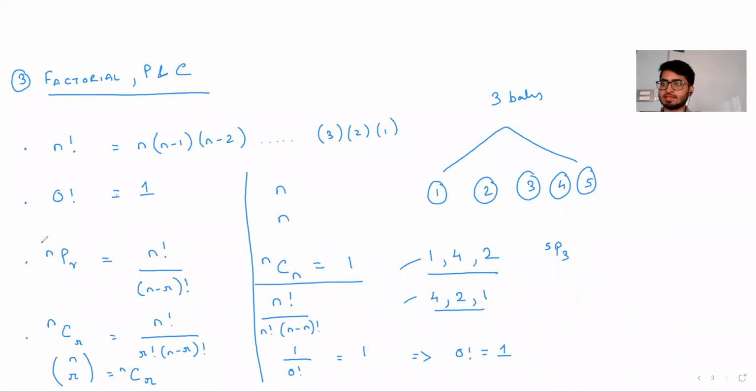When I say order, let's say I allow 3 students to ask a doubt, students A, B, and C. If order is important, then ABC, ACB, BAC, and so on, all these would be different. If I only ask which 3 students are there and order is not important, in that case all these would be the same. So in permutation P, order is important. In combination, order is not important. So which one needs to be used depends on what the question is asking us to calculate.